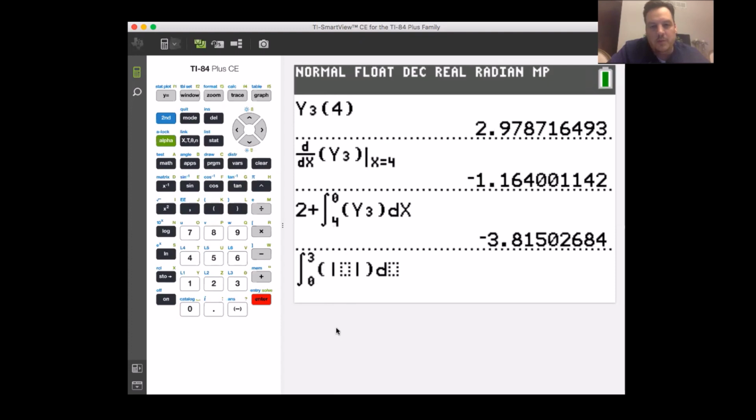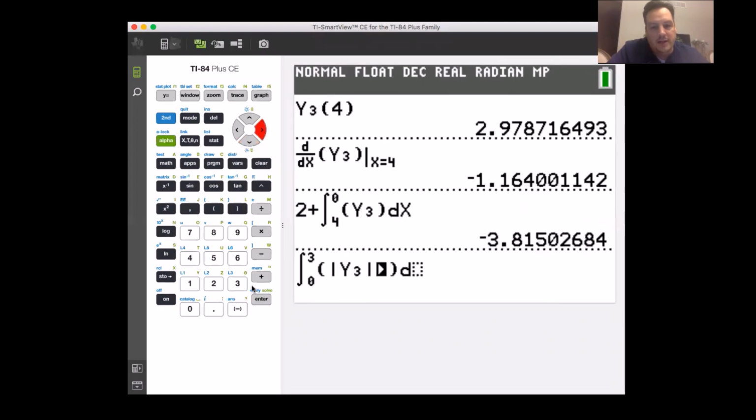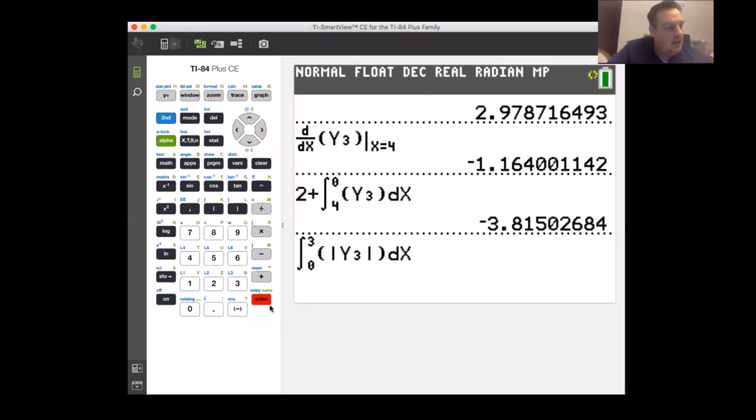And then we're integrating the velocity, right? The absolute value of velocity. So we're going to put our y equation in there. I put y3 again, but yours might be a little bit different, of dx. And we get a total distance from 0 to 3 becomes,